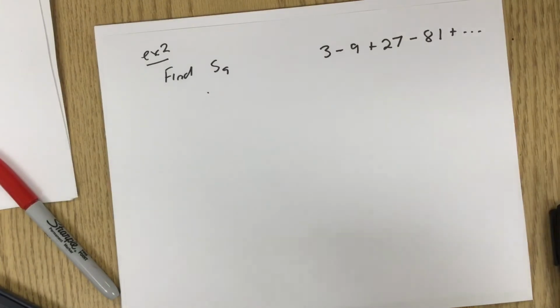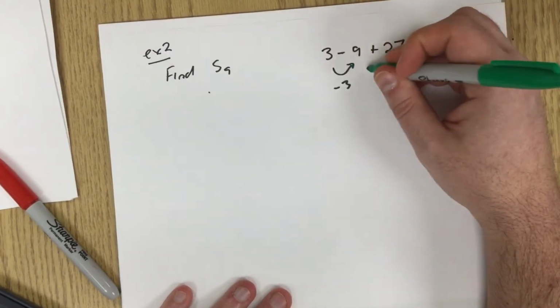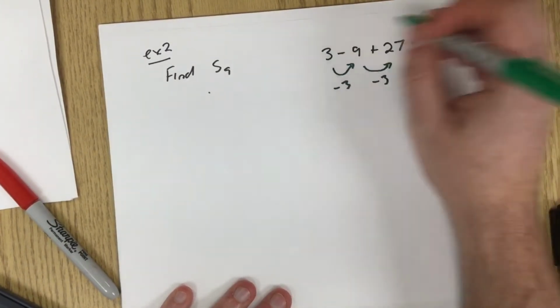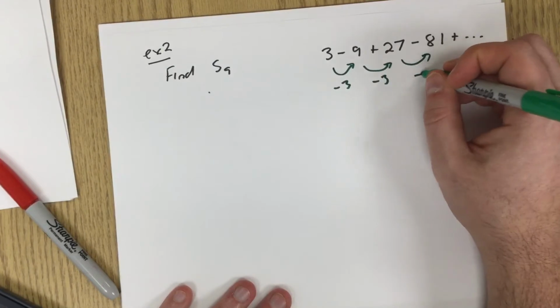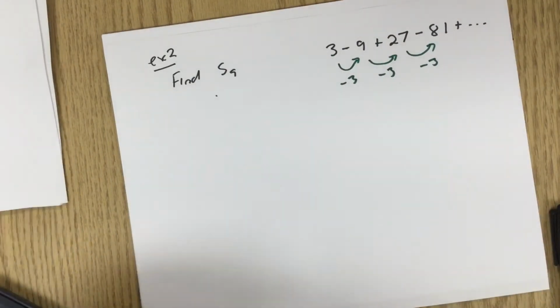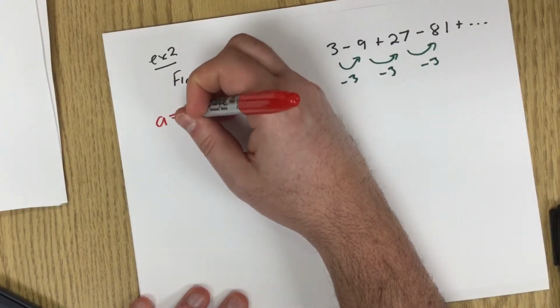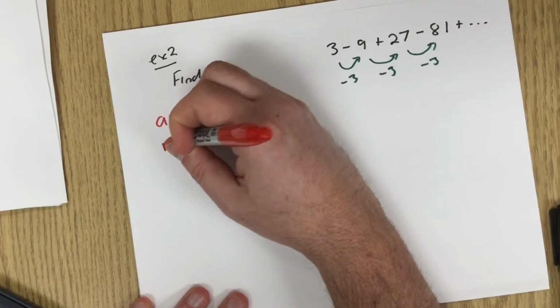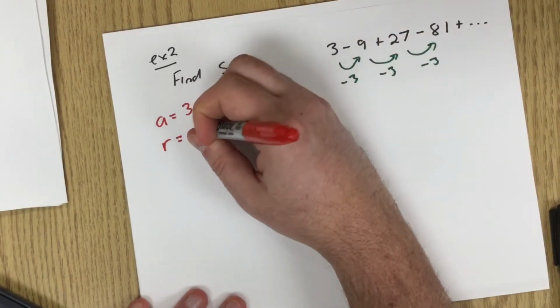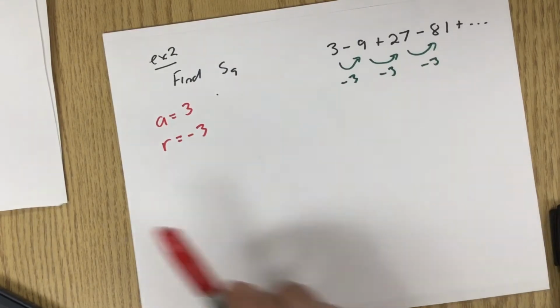Let's do another one of those. This one's going to be slightly different. What's different about this one is that the r is negative. So we're multiplying by -3 and by -3 because it went from negative to positive, and by -3, etc. So in this case, the a is 3, the r is -3, and we're trying to find